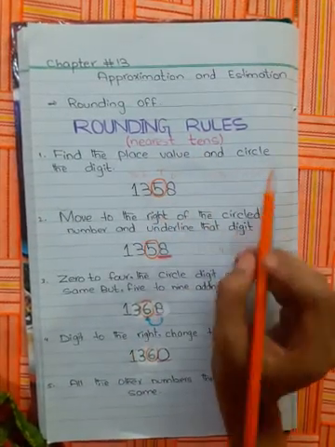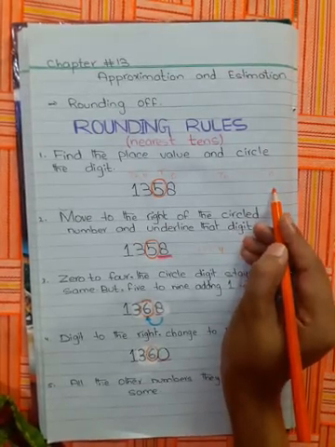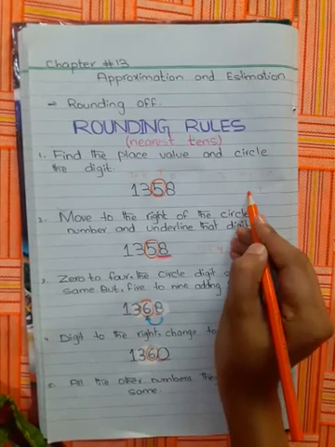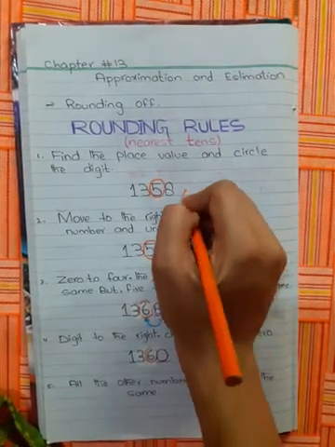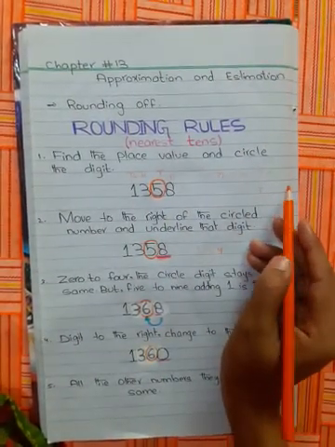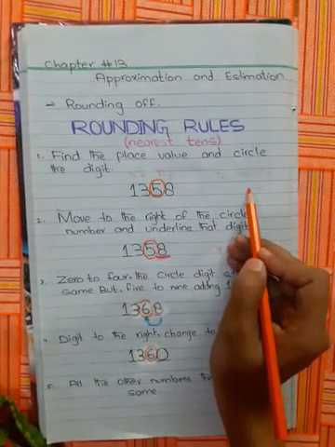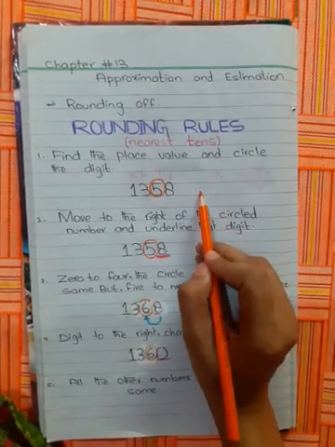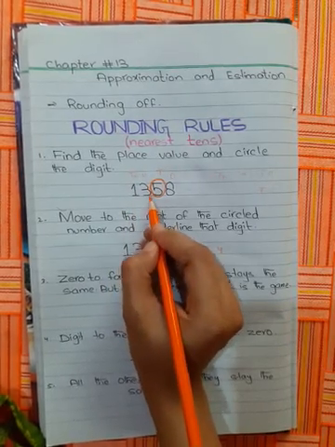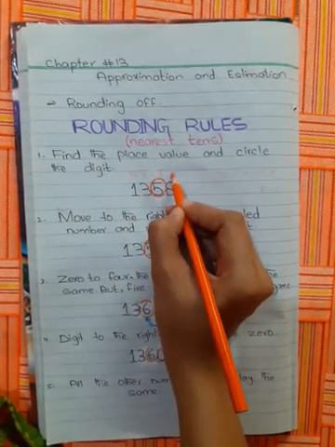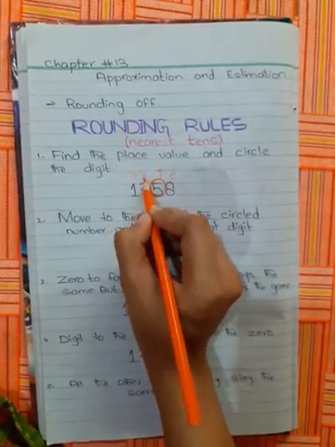As we know, I am talking about the national place value system right now, that is ones, tens, hundred, thousand, 10,000, lakh, 10 lakh and then crore. We have an international place value system too, but right now I am talking about the national place value system. The example I have right here is 1358. I am writing the place values over here: ones, tens, hundred and then thousand.